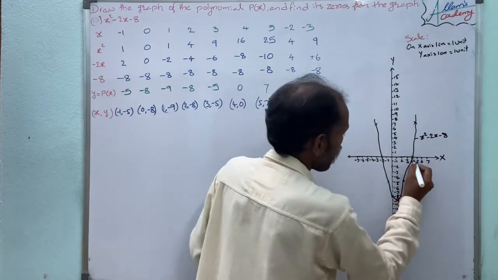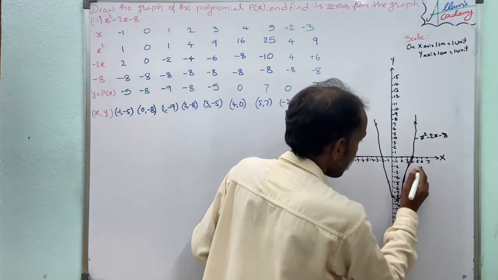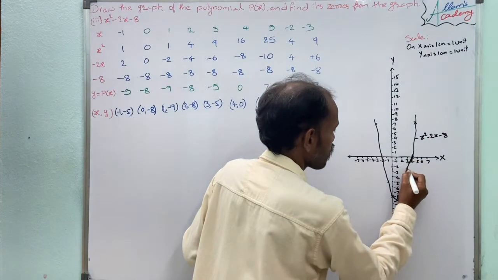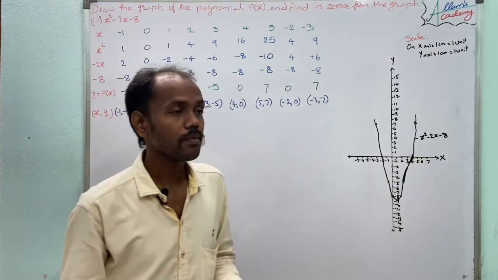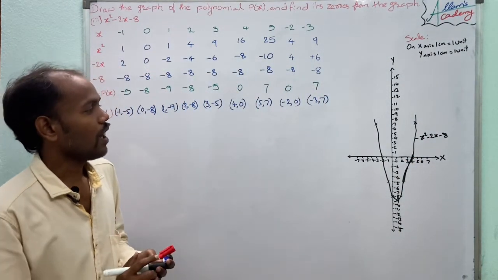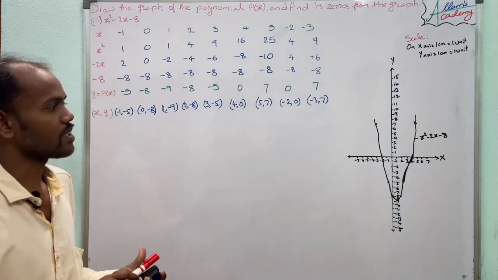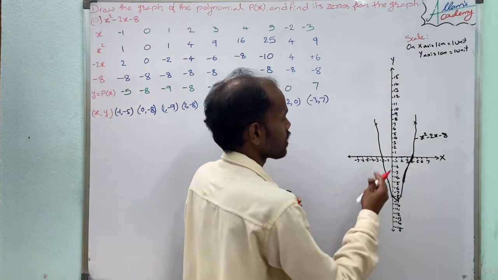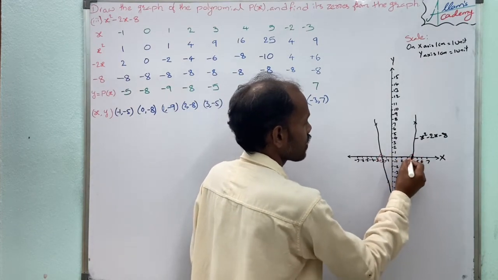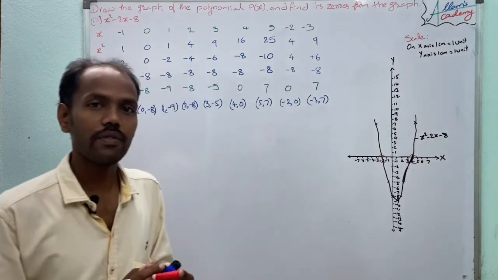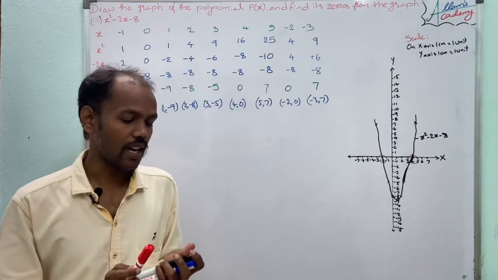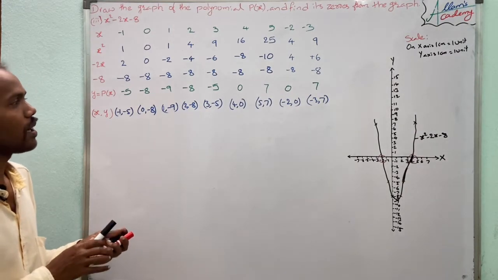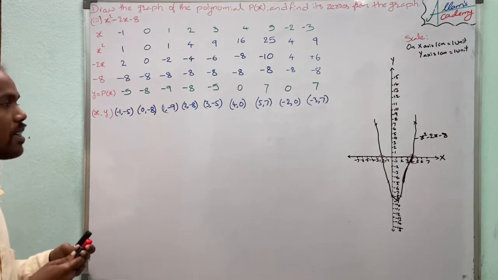Now if we observe, it is also a parabola shape. How many points does it touch? It touches the x axis at -2 and +4. So now, how many zeros does the graph have? It has 2 zeros. And what are the zeros? They are (-2, 0) and (4, 0).